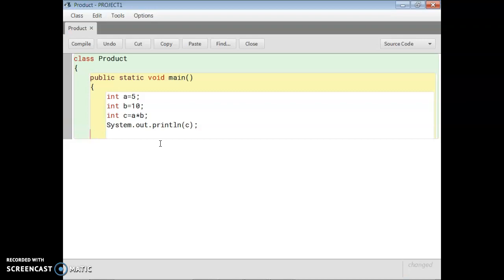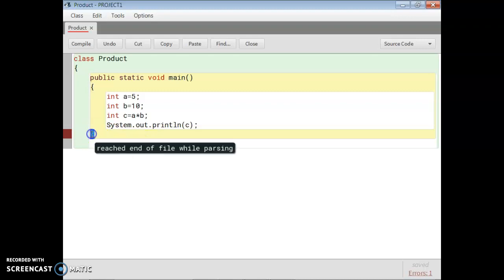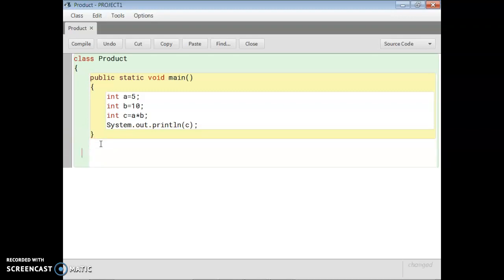Then come to the next line. You close your main bracket. This is the opening bracket, this is the closing bracket. So don't give here again a closing bracket and opening bracket. This is open, this is closed. Then again you have to give one closing bracket for your class.